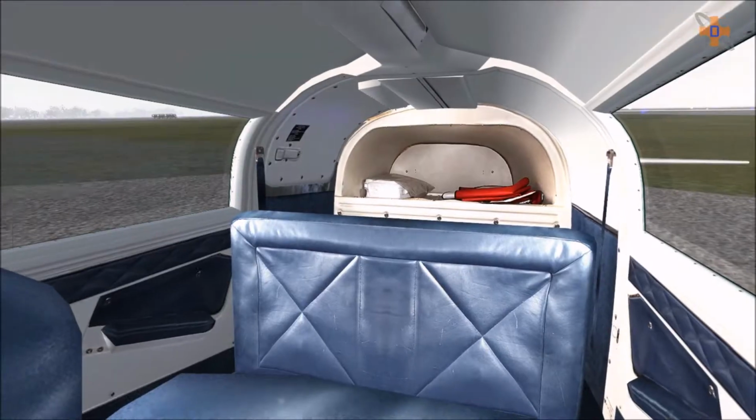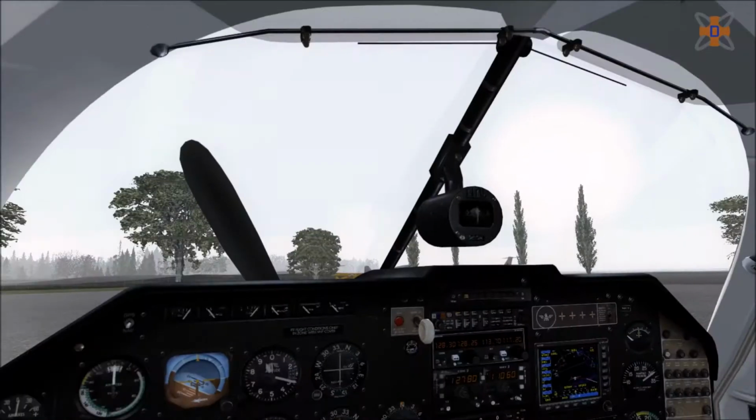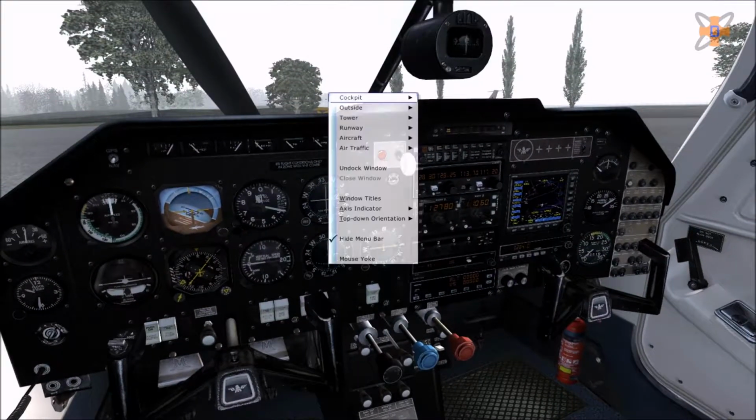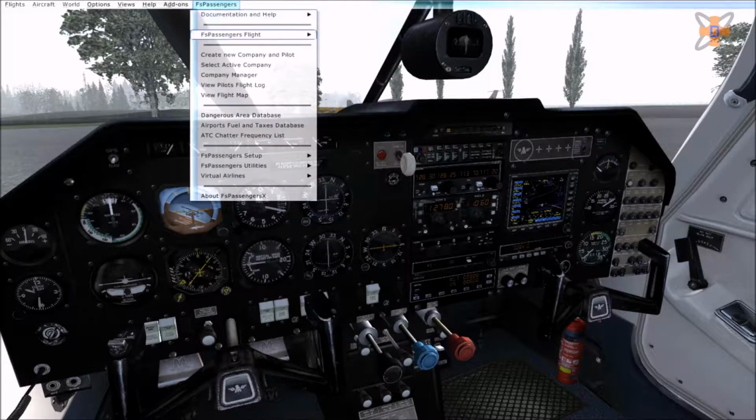So this is the interior. It's pretty standard, not too bad, very highly detailed, bearing in mind it's Carenado. And let's load up FS Passengers and get ourselves going. So if we start flights,